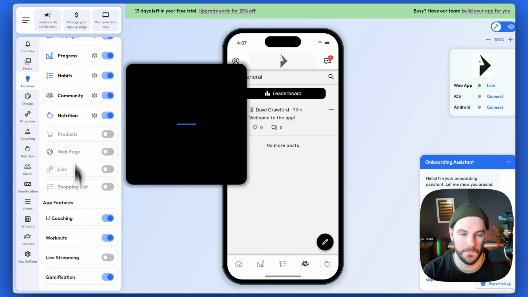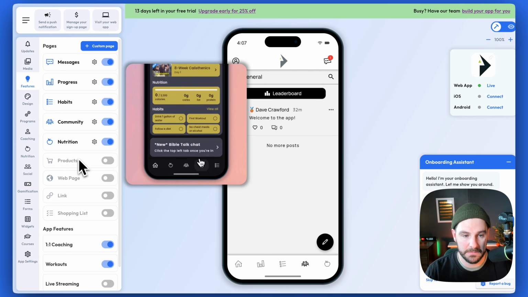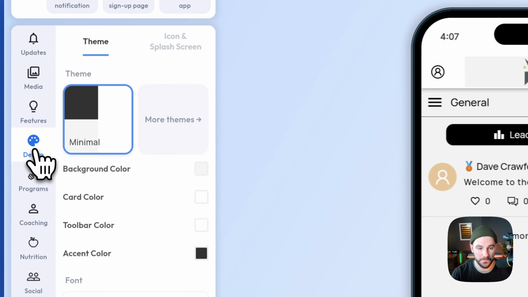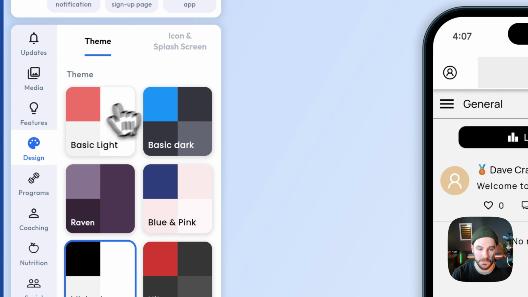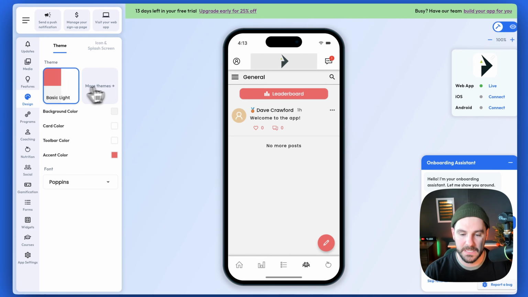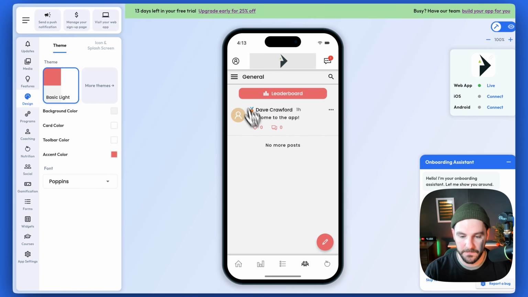So that's kind of a high level overview of the features. And now let's dive into actually building the app and how to use it. So design. If you come into design, we can choose from themes. You can toggle through the different themes. And as you build this, it's really cool to see it come together on this phone